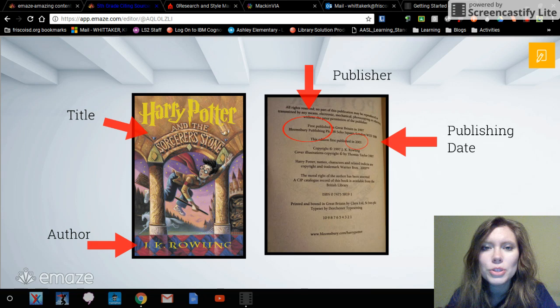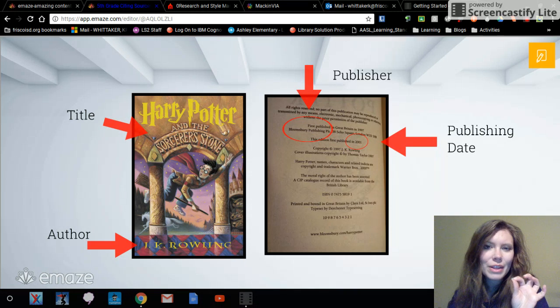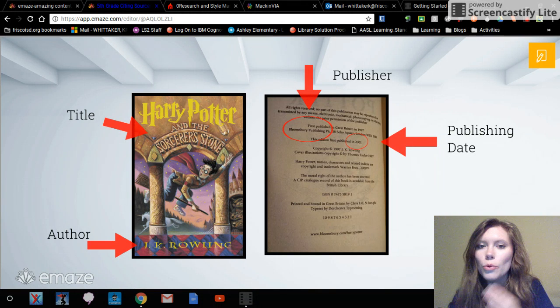Okay, so to find the publisher and the publishing date, you can flip to a page I like to call the TP Verso. We all know where the title page is. It's one of the first pages of your book that has the title printed again as well as the author printed again. If you flip that page over, you'll find a page with very, very little print. This page is called the TP Verso. It's called that because it's the title page reversed. Okay, TP Verso. This page has all the information you could possibly need. It's got the publisher, it's got the publishing date.